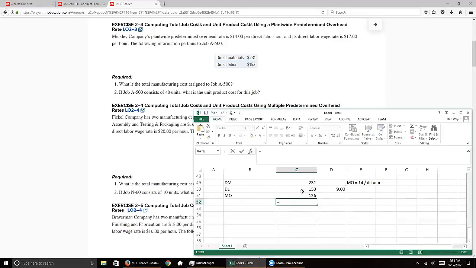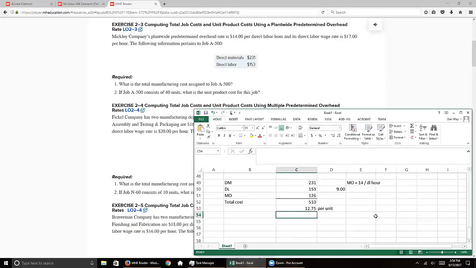If I add up materials, labor, and overhead, I get a total job cost of $510. The second part says, if job A500 consists of 40 units, what's the unit product cost? Nothing fancy there. $510 total cost divided by the 40 units in that job means the per unit cost was